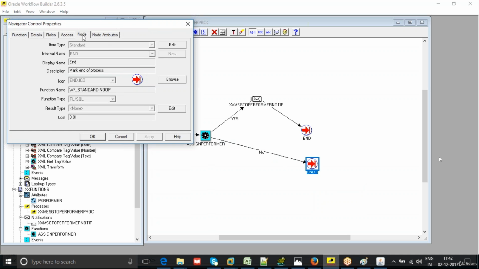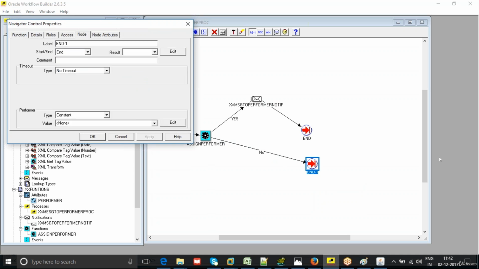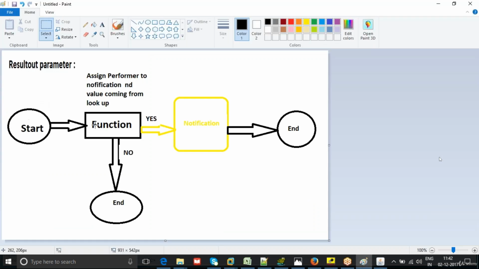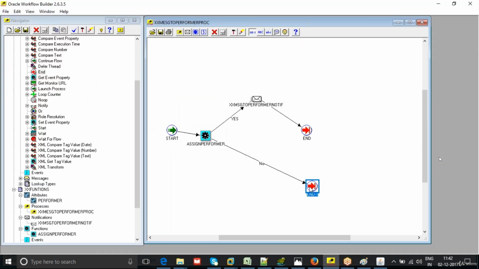Now see here, go to node, end. That's it. If the function is correctly assigned a performer, then the notification is sent. Otherwise, where does it go? End. If you don't want to create one more end, yes, you can directly connect to this particular one. In this way also you can connect. No issue. The process you can design in any way. Right? Just validate it,